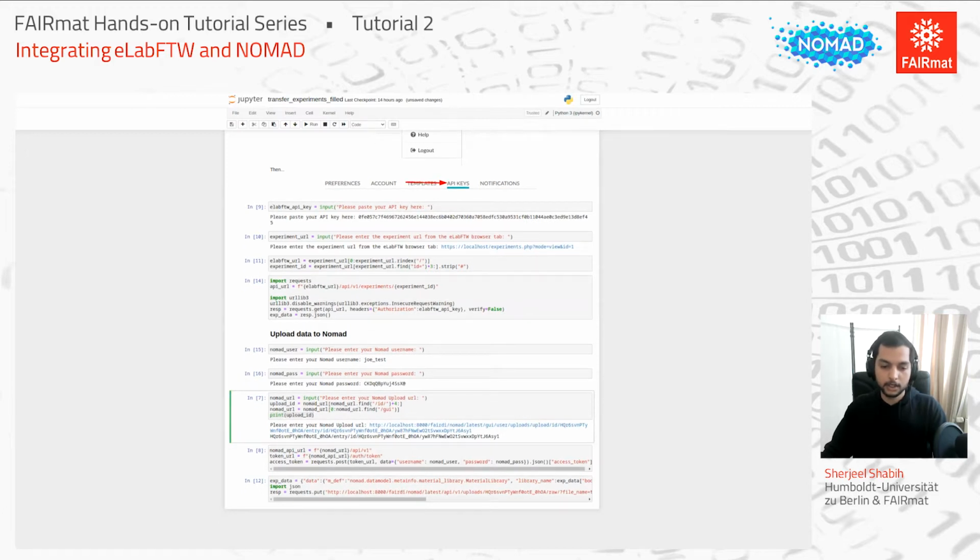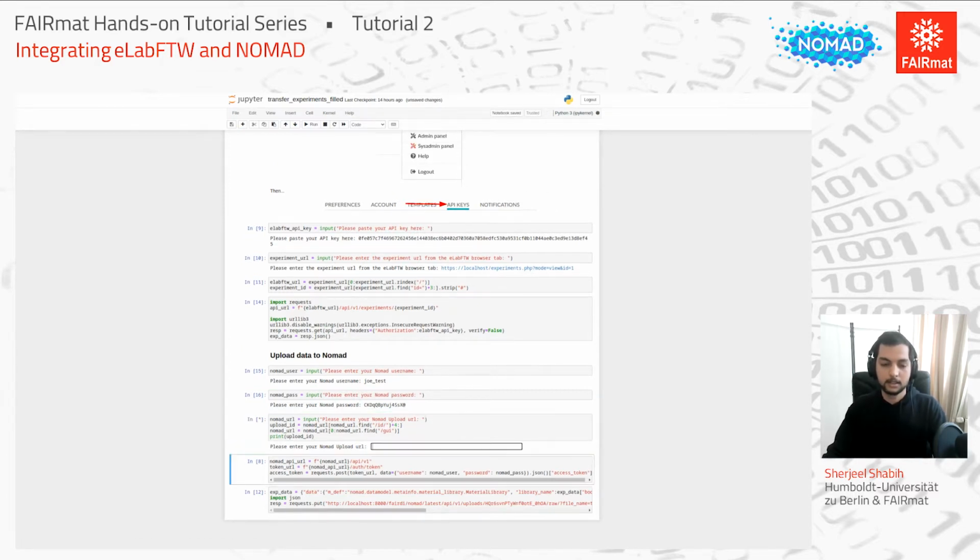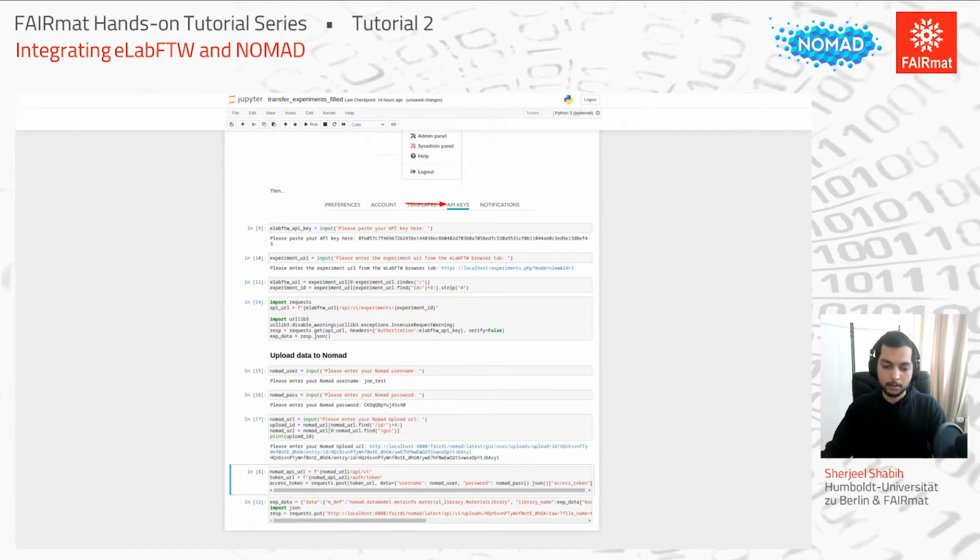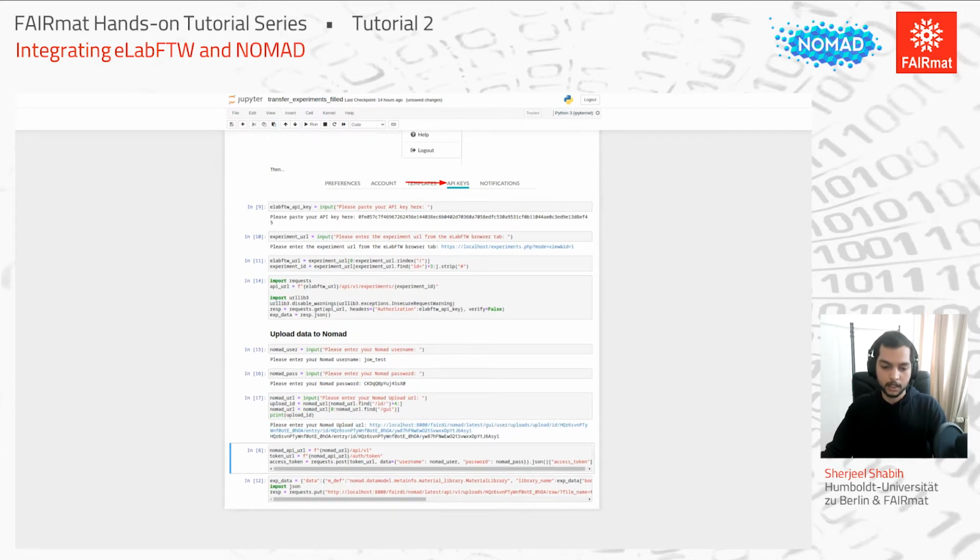this notebook actually finds all the information it needs again from a URL. Maybe I'll need to copy this one here. Sorry about that. Yeah. So it finds the upload ID that you need to go to. I'll explain how to get this URL in a bit. And then it fetches the authentication token so that you can securely communicate to Nomad and publish your data. So only the user that has access to this upload can upload new data and